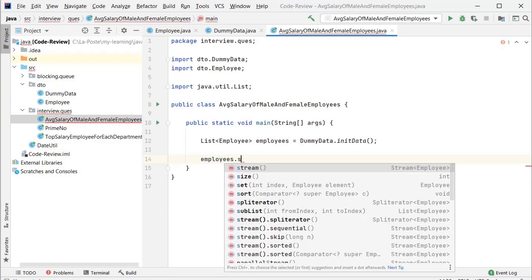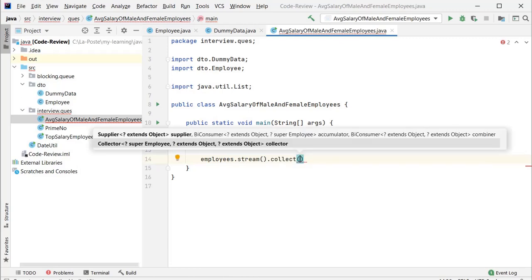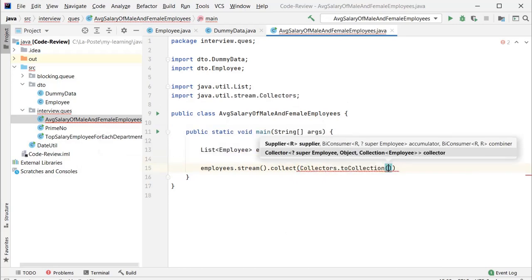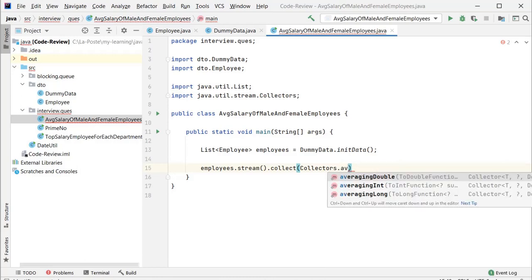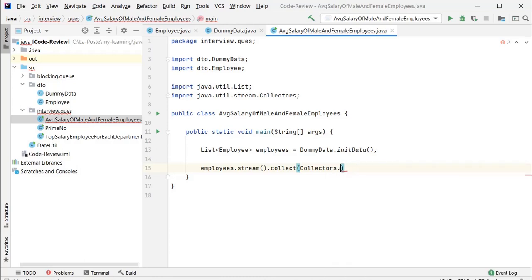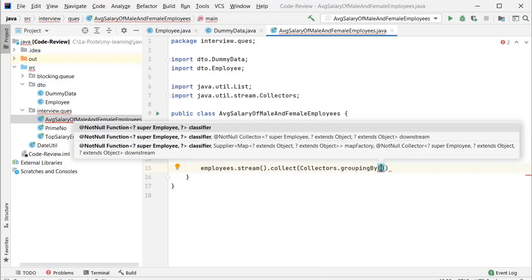I'll use the stream here, stream.collect, and from here I'll use Collectors.averaging, not averaging, sorry, groupingBy. Here I will provide the groupingBy, like on which property I want to perform the grouping.